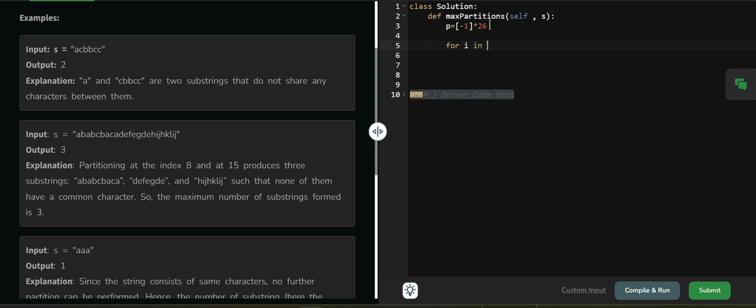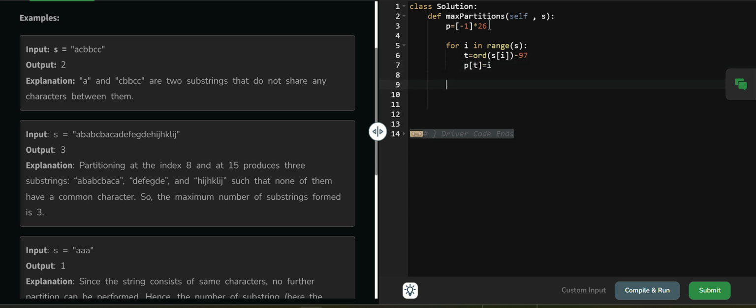So I will traverse on s, and first I have to find the index of that character, like a is 0, b is 1, c is 2. So t equals ord of s of i minus 97. Then p of t equals i. So this will store the ending index of every character.